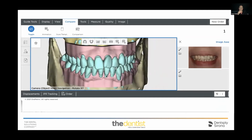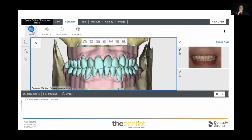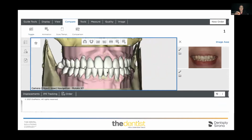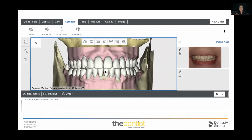This is a first case I would get back. So I'm using this patient who I've not treated yet. I actually took a scan last week. The blue is before, the white is the proposed afterwards. There are some changes I want to make. And as we go through this, you'll see how I look at the individual cases and how I make the